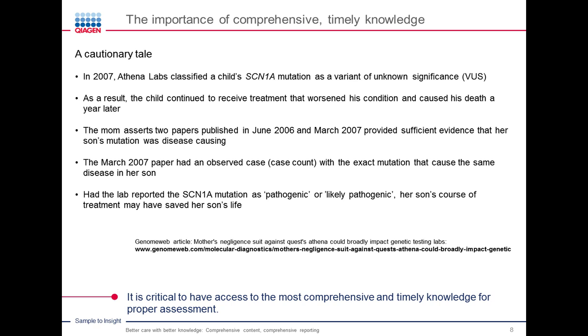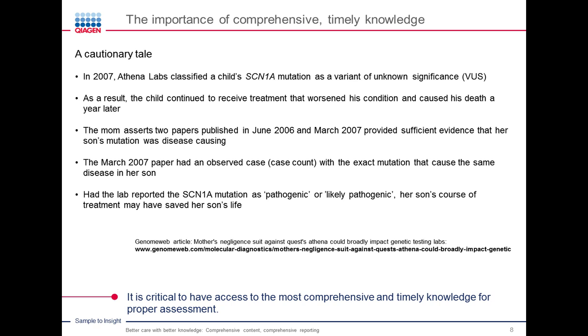And because of that classification, the physicians really didn't alter the child's treatment, and consequently the child passed away a year later. Well, the mom wanted to follow up and get some more information, and when she pulled that report, she realized that for that particular mutation,